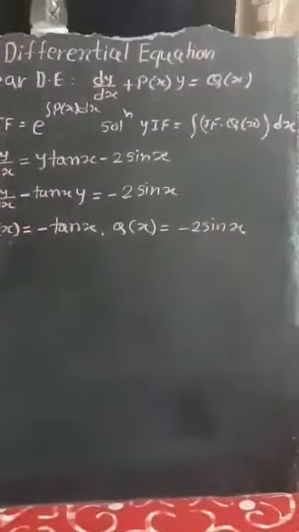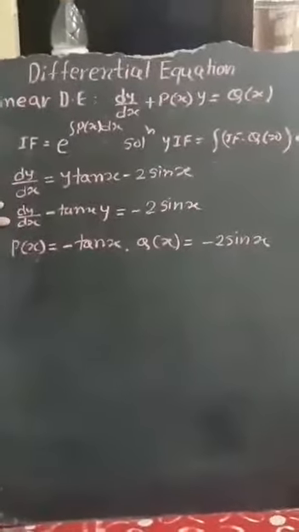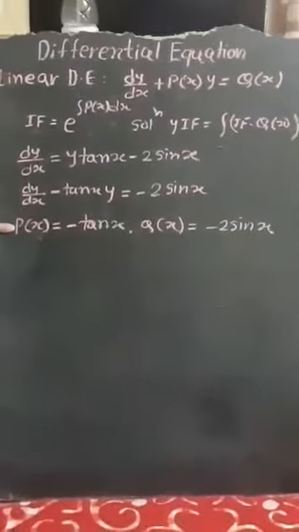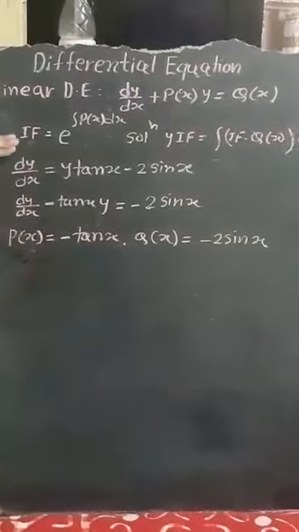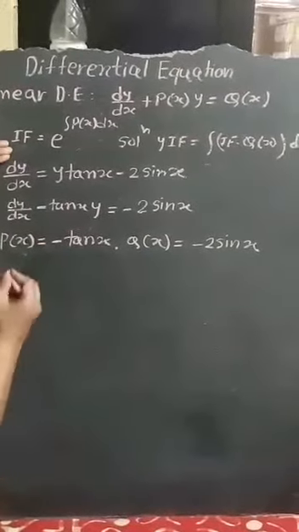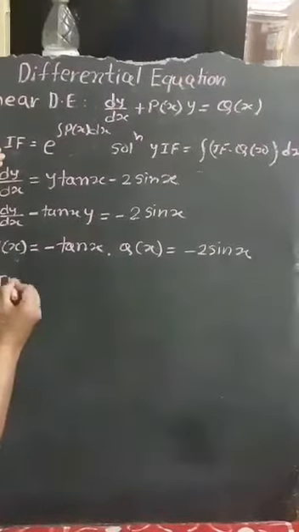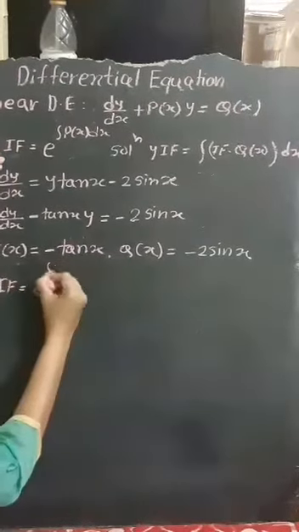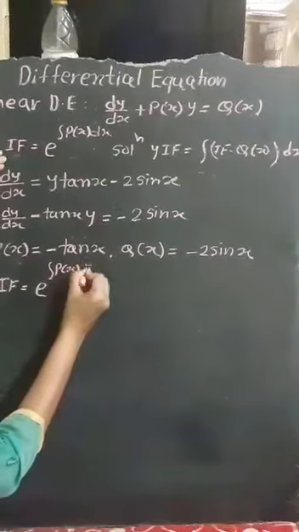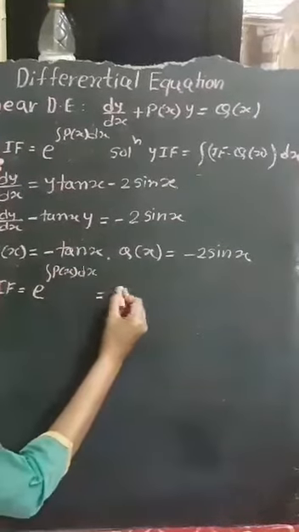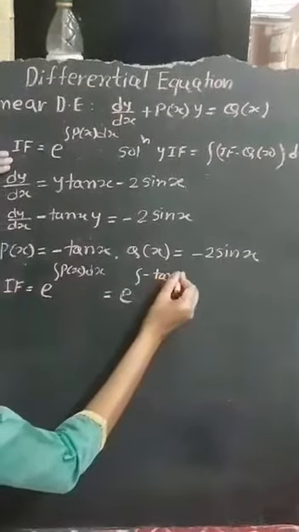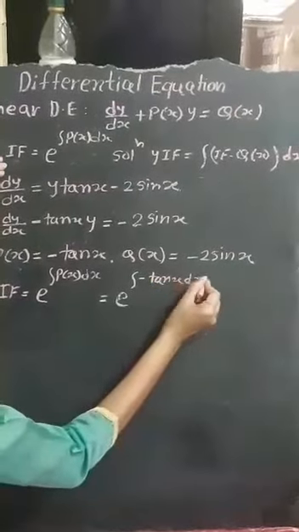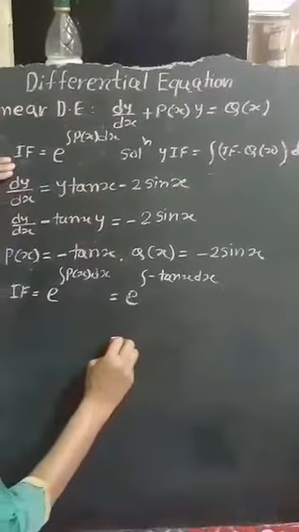Agree? So first step is to bring the differential equation to linear differential equation form, then recognize what is P(x) and what is Q(x). So we have done till that. Now what we will do? We will find integrating factor. So integrating factor is what? e raised to integral P(x) dx will be equal to e raised to integral minus tan x dx. What is integration of tan?